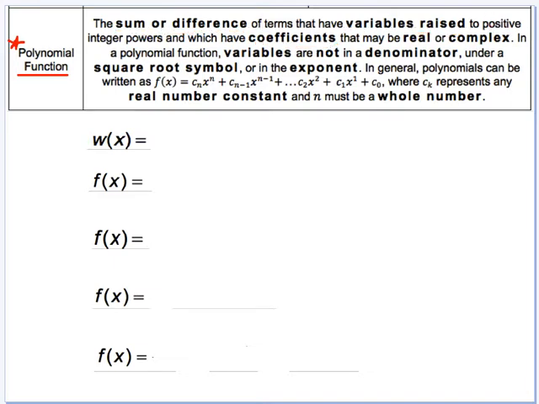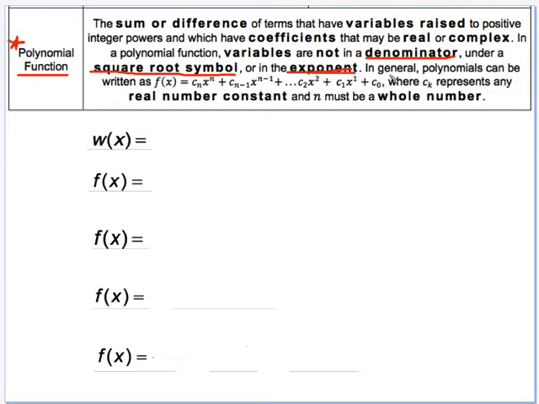All right, so essentially a polynomial function is the sum or difference of terms that have variables raised to positive integer powers, basically your exponents, and which have coefficients, so numbers in front of the variables, that may be real or complex. In a polynomial function, variables are not in a denominator, under a square root symbol, or in the exponent. These are all other types of functions. So you're not going to see the square root symbol. You're not going to have your variables in the denominator,